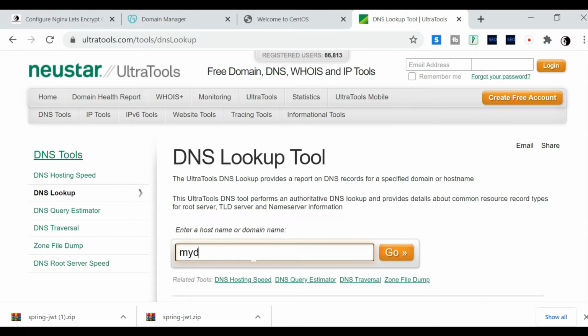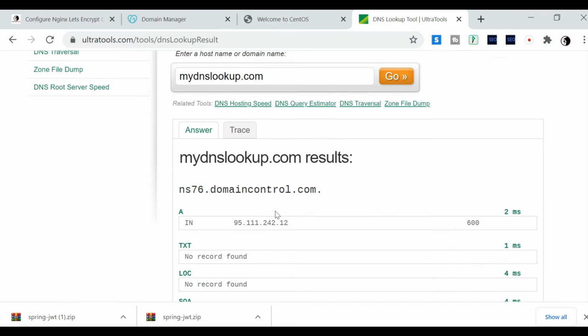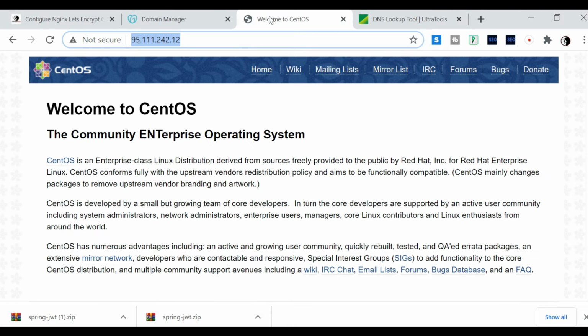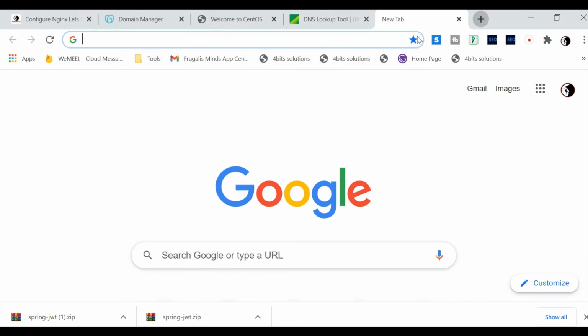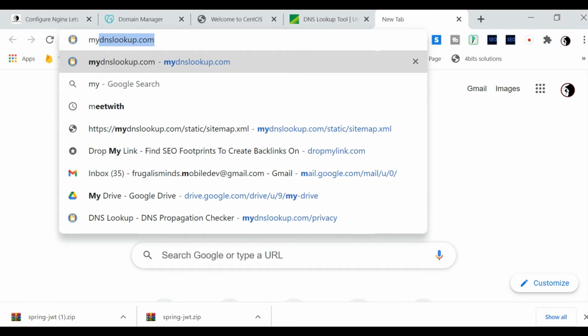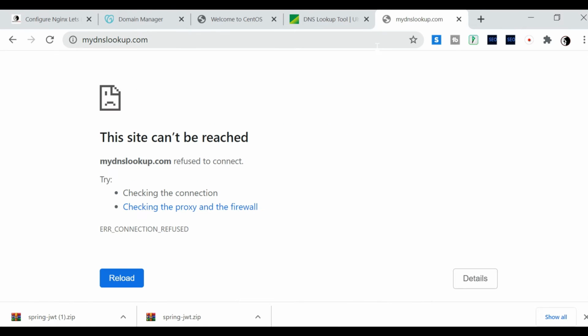So if you see, this is propagated in India. Sometimes it takes time from other regions, so let's see. I am not sure if it propagated or not. Yeah, it looks like it's not propagated yet.